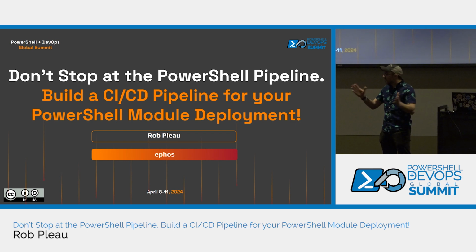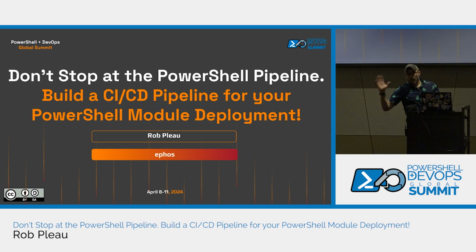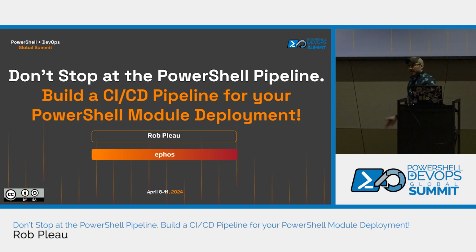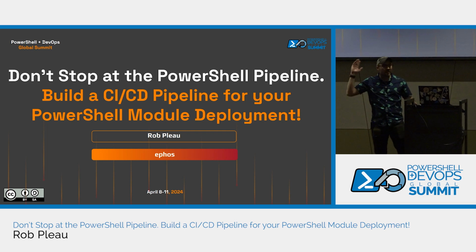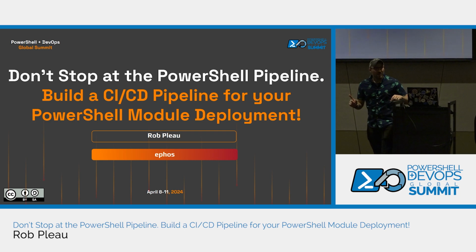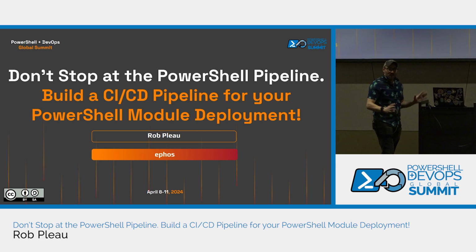Well, there are some prerequisites in play here, assuming you already have a module. We're going to talk a little bit about the module structure, but we're largely going to be using GitHub and GitHub Actions workflows to take that module, get it to Git, get it up to GitHub, and then automatically deploy it to the gallery. If you're here, it's because you want to learn about CI/CD pipelines for PowerShell modules, or